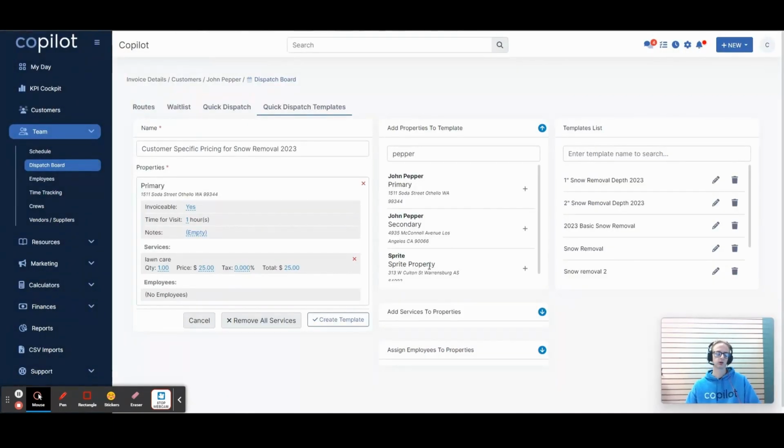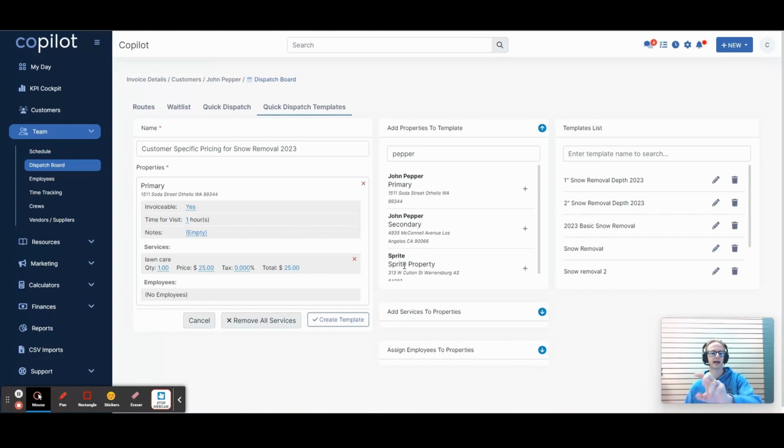Can add it there. So currently at the moment, whenever you add a service to a property or a customer in a quick dispatch template, it adds that service, no matter if it's already there, to all customers that are already in the template. So really this was built to do properties first, then services. But sometimes people want to do the workflow of doing property, getting the service set for that property, saving the template, coming back, editing it with that pencil later, adding another property, adding that same service, but it adds it again to everybody else. So what I would recommend is